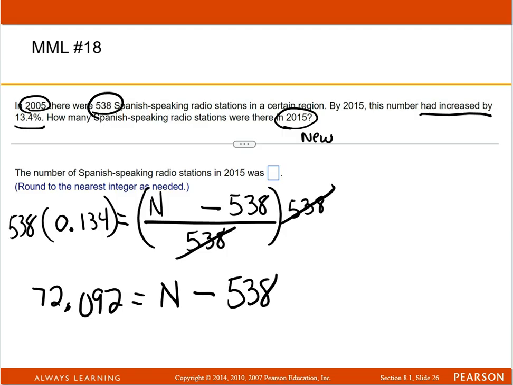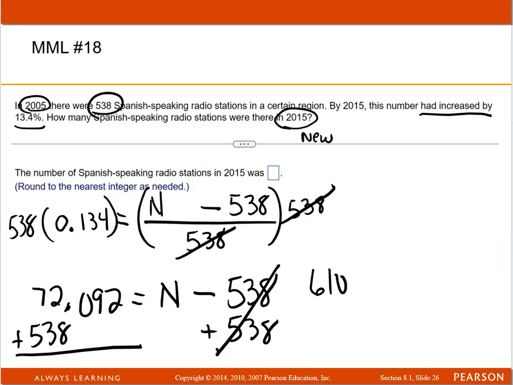And so to get N by itself, I have to get rid of the minus 538 by adding 538, because a negative and a positive cancel each other out. But then you have to add the 538 to the other side. And so when I do that, I get 610.092